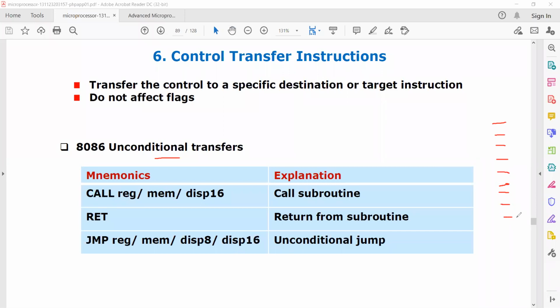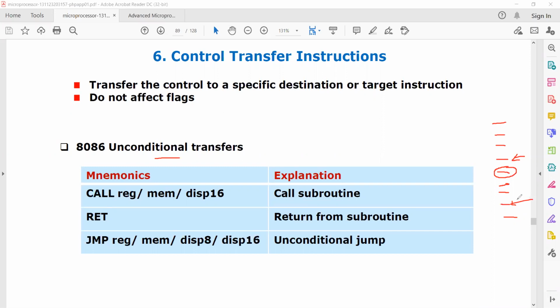Let us say we are working here. Our control is at this place. Okay, this is our control. Let us say, by executing the next instruction, this is a control transfer instruction. I can say jump to ninth line, without any condition. I can just say jump to ninth location, so it just jumps to ninth location. There is no condition to verify. Such kind of transfer of control is nothing but unconditional transfer.